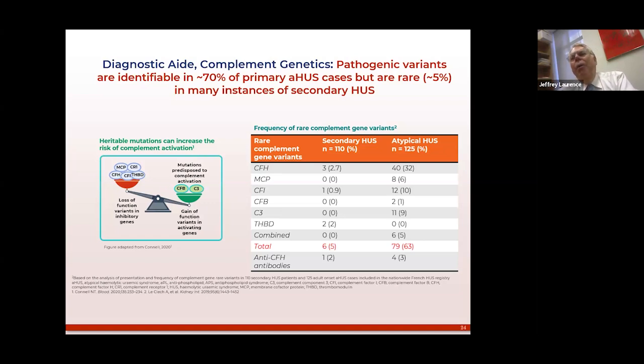And the little diagram on the left seems to point out that there are differences in the strength or in the importance of certain mutations, with complement factor B and C3 gain of function variants being incredibly potent, whereas other complement regulatory mutations are less potent. So you may need a stronger activator of the complement pathway in the presence of one of those than in the presence of a complement factor B or C3 mutation.